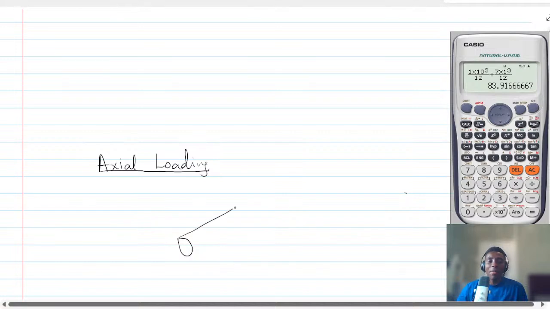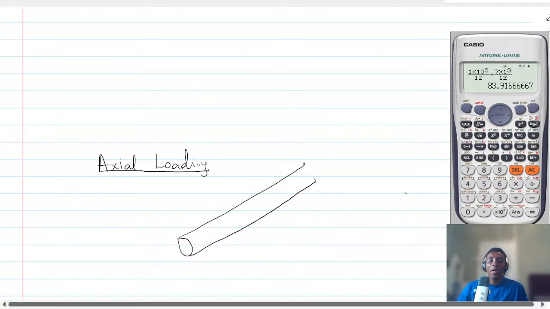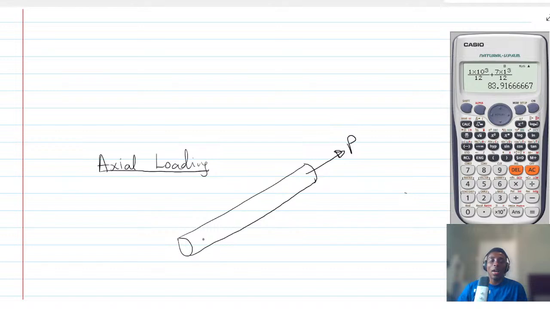I want to teach you the concept of axial loading. Whenever you have a member, and then the member is subjected to an axial load,